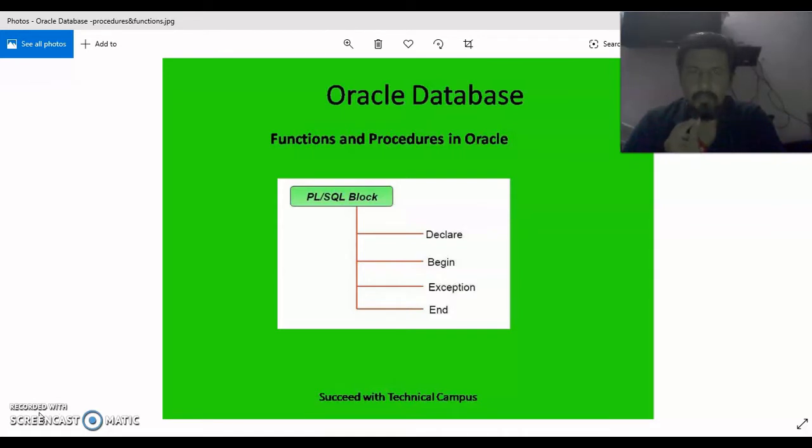So PLSQL is a procedural language which is an extension to SQL, and it contains a set of SQL statements along with programming constructs.